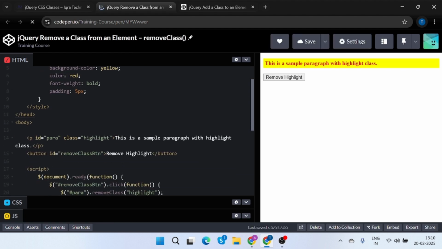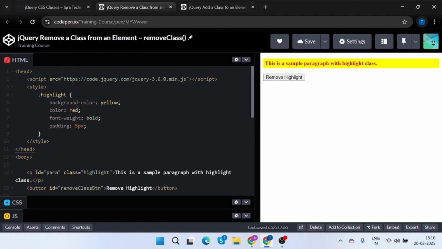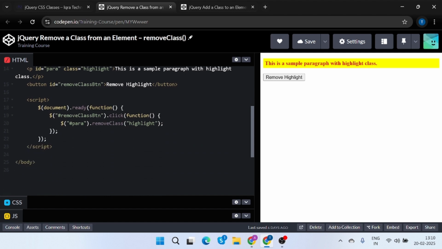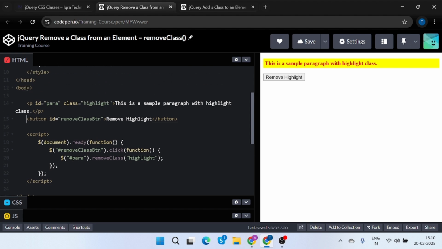Here we open this code in our code editor. Now you can see here we have a highlight class which is applied on this paragraph. So what we can do, we can remove this highlight class from this paragraph. Now we use a click function here, and here we use removeClass, and here we give a value like highlight. Now here is the button,